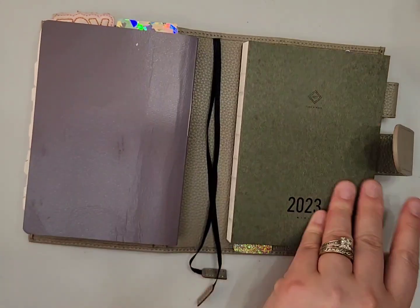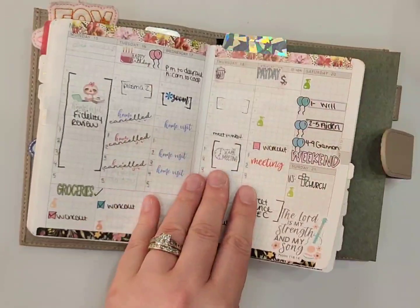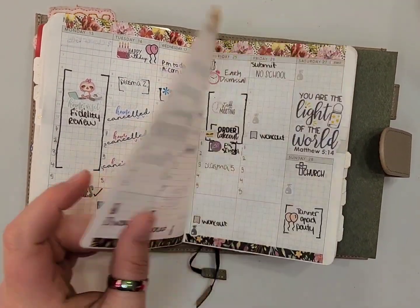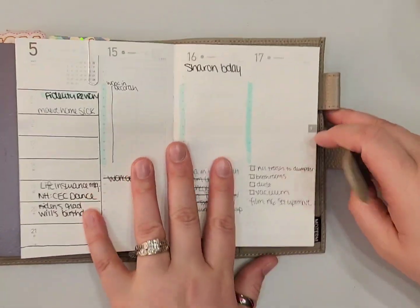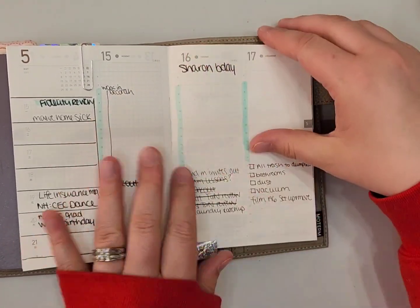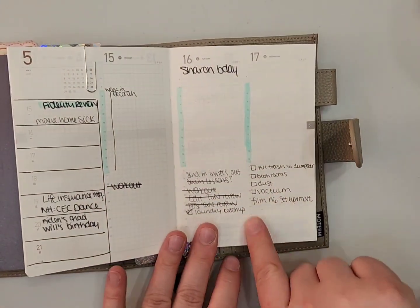I wanted to try it. I still do love my 222 for all of my weekly stuff, so I'm not really looking to do anything different there. But what I do love about this is it's kind of, I don't want to say it's the best of both worlds, because I don't have a whole weekly glance on a page, because it's a week on 2 pages, but